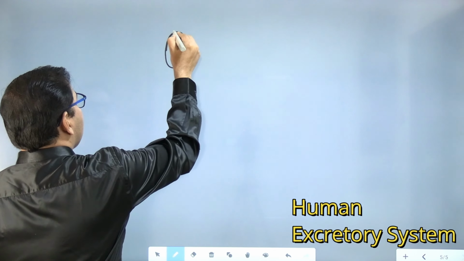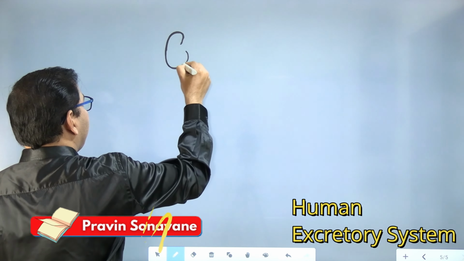Today we are going to draw one of the complicated diagrams of your biology textbook, that is the human excretory system. It looks complicated, but if you start drawing and follow my instructions, you will see that anybody, whether you are good at drawing or very poor at drawing, can draw this diagram. So let's go. We will start with the left kidney first.